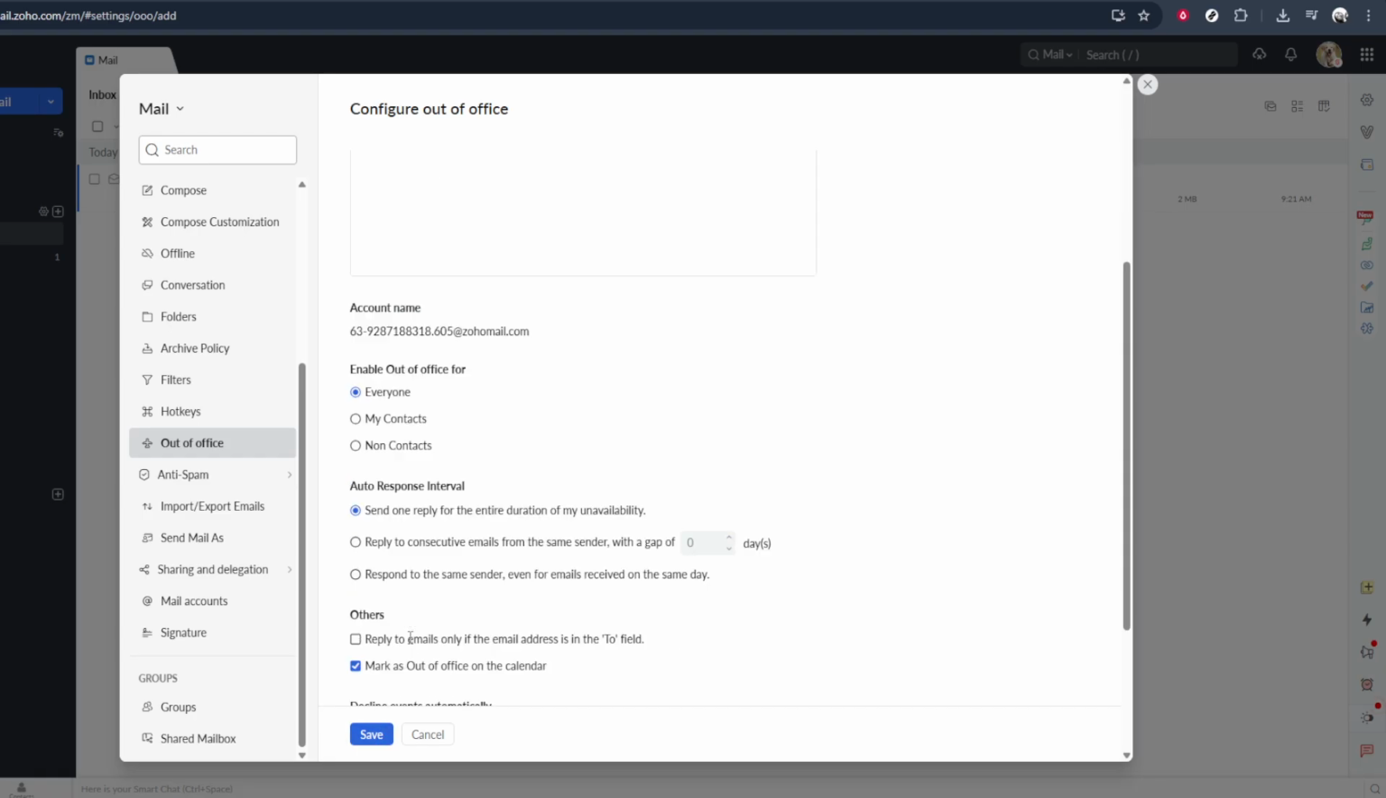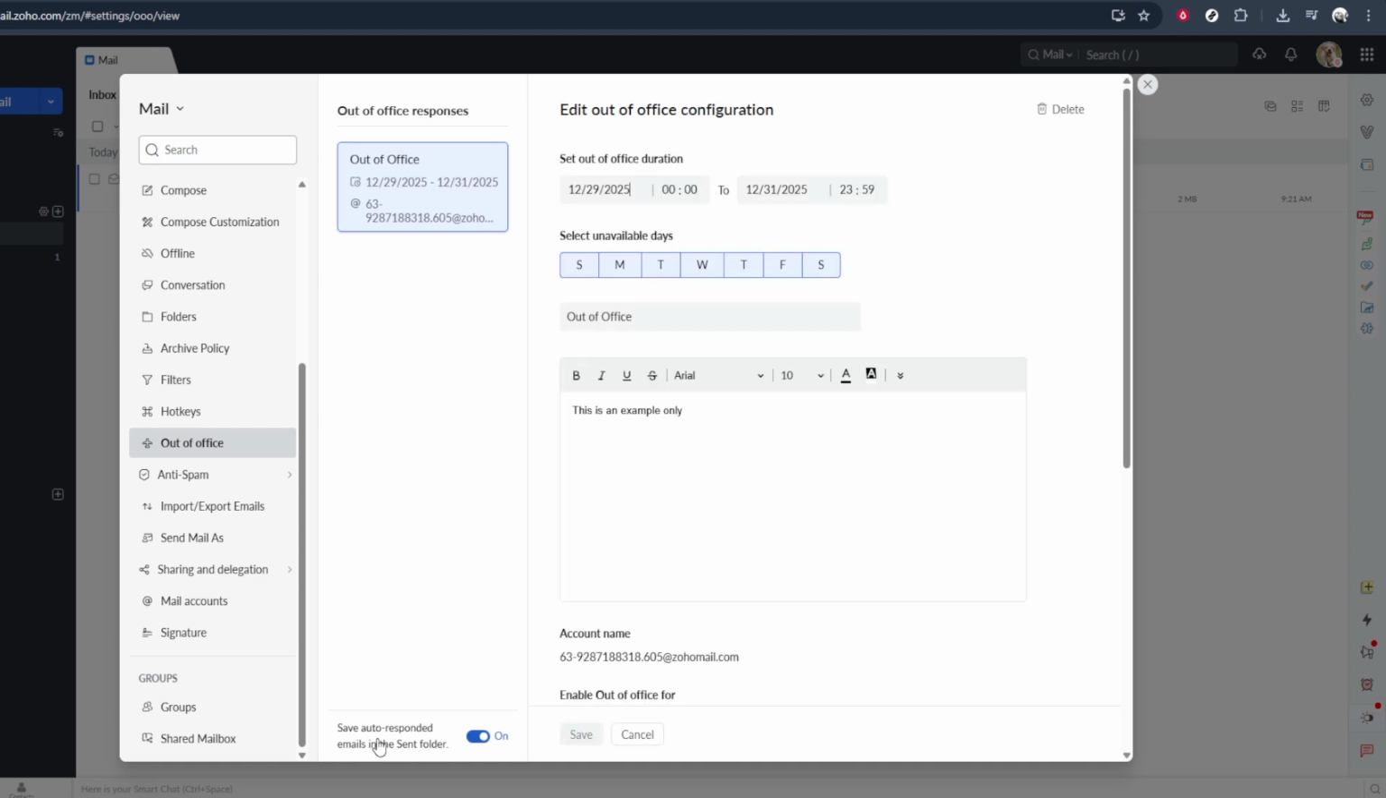Once you're happy with your subject and message, review all the details one more time: dates, days, and content. When everything looks correct, click on Save. Your auto reply is now